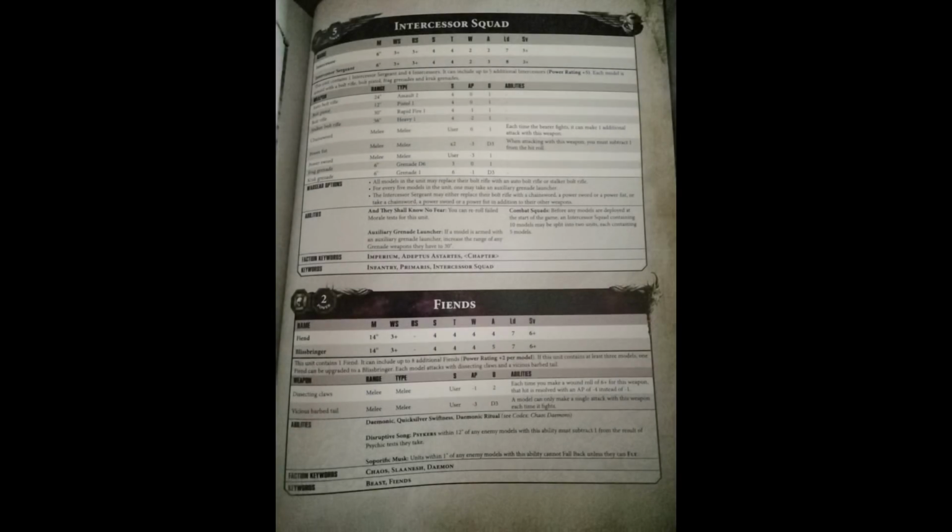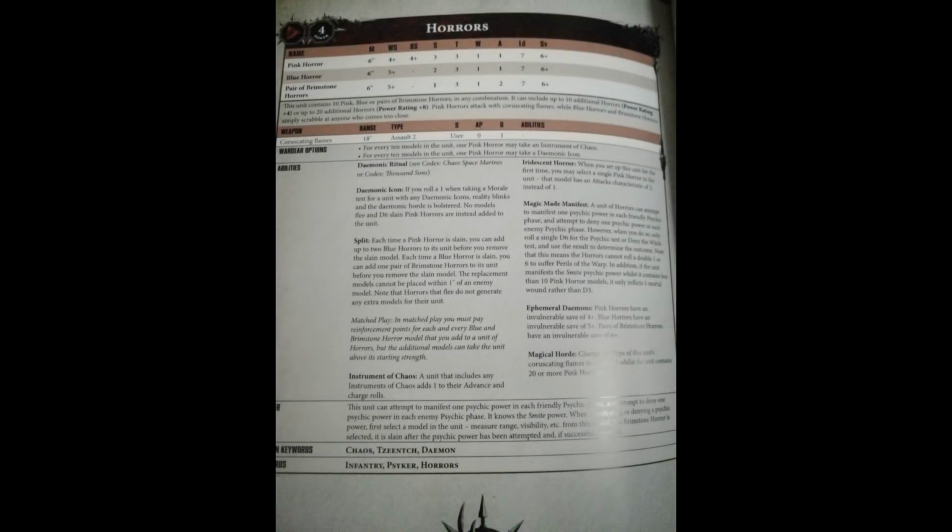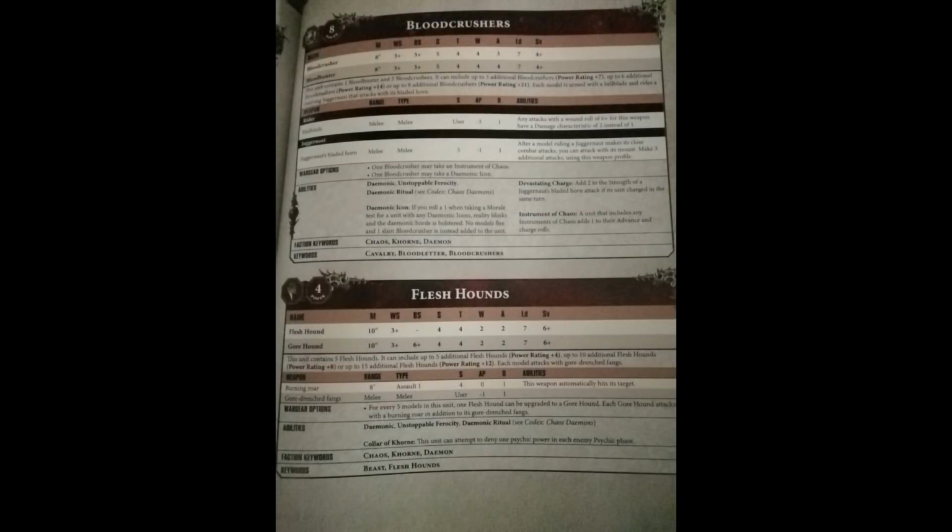Some updated data sheets. Now I won't analyse these data sheet changes for you, but if you just want to look again, pause the video. You've got the Intercessor Squad, Chaos Demon Fiends, Chaos Demon Horrors, Blood Crushers and Flesh Hounds. They are all in there for you guys, so pause the video here at any point if you wish to read that and analyse them in any more detail. So moving on,